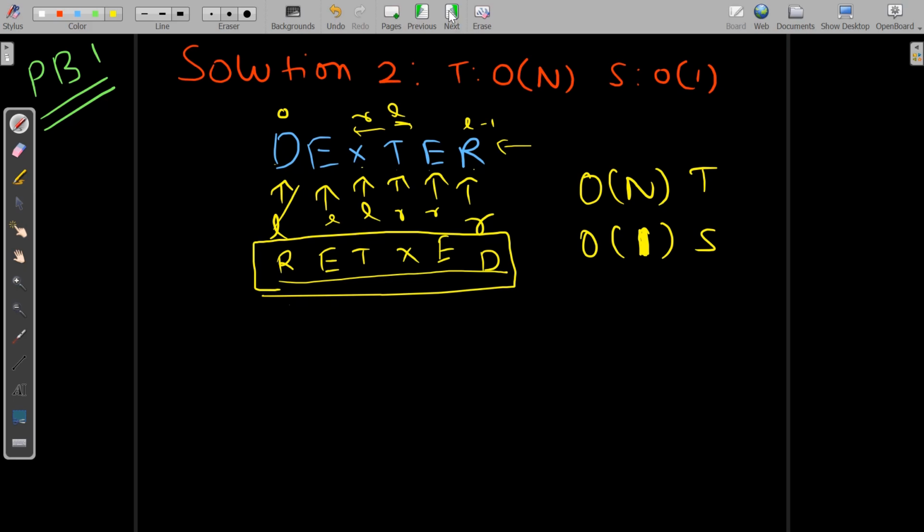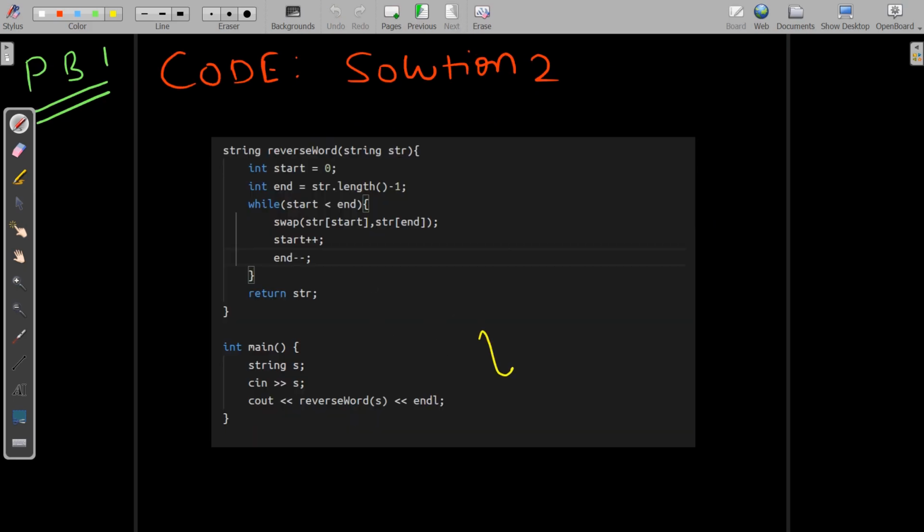We will see the code. This is the main function, and this is the code that we are interested in. It is going to return a string. It is taking the input string. I took start and end; you can take left, right, whatever you want.